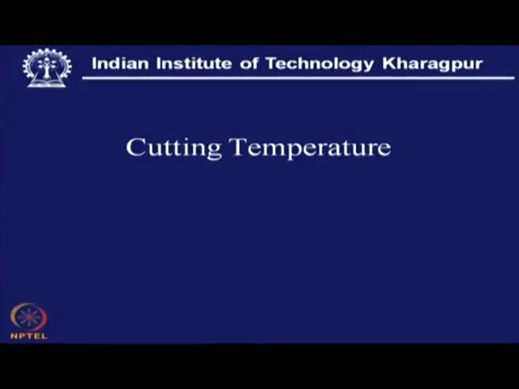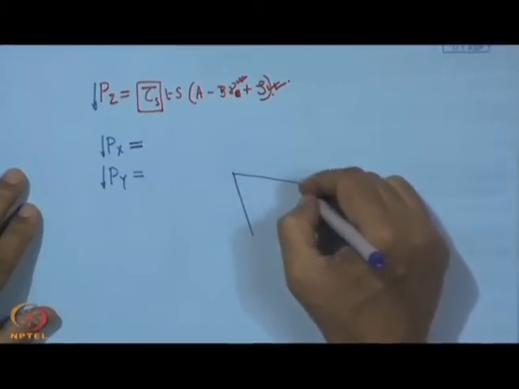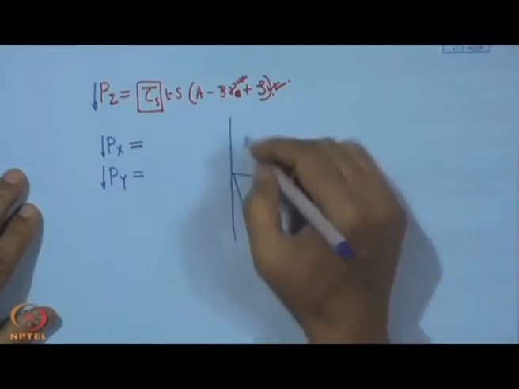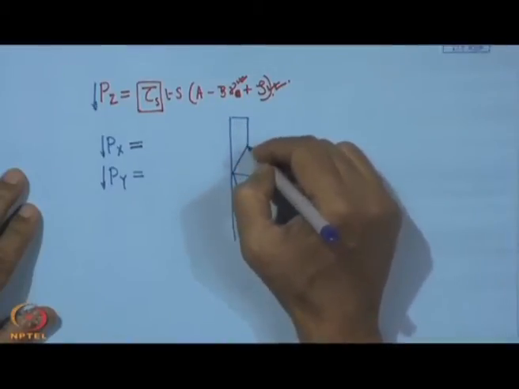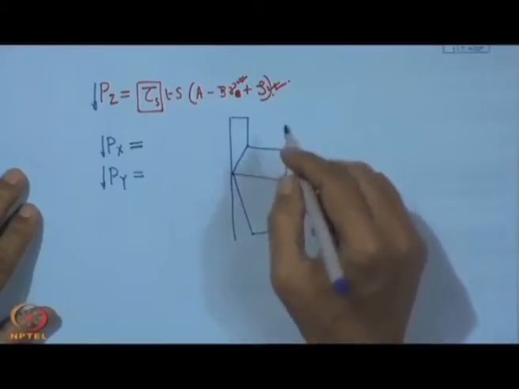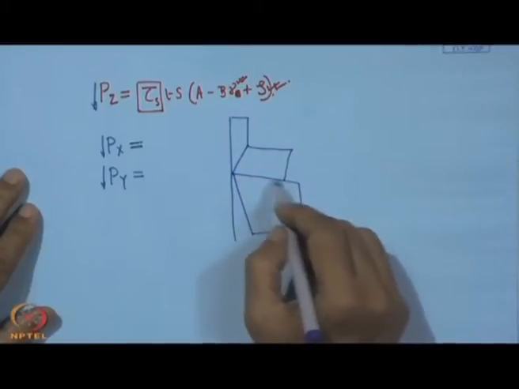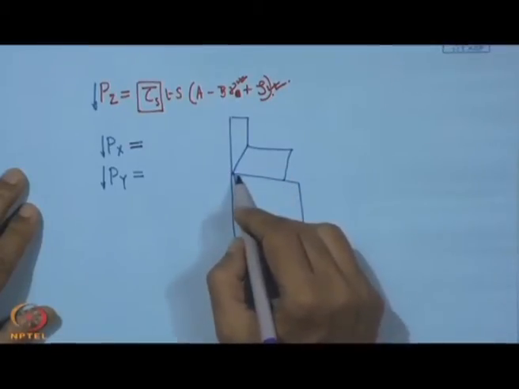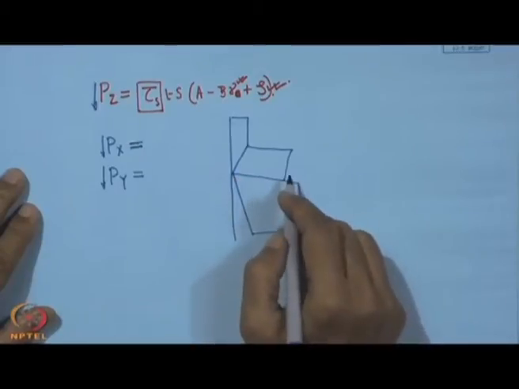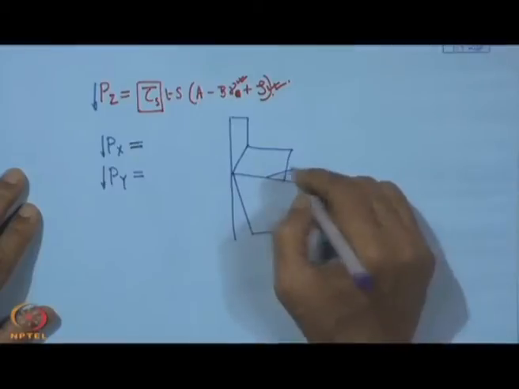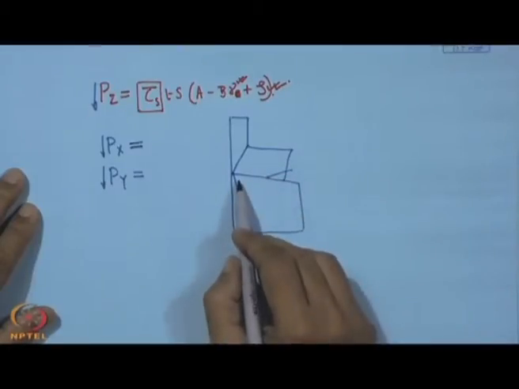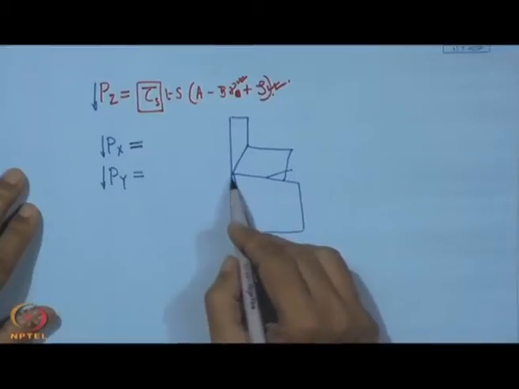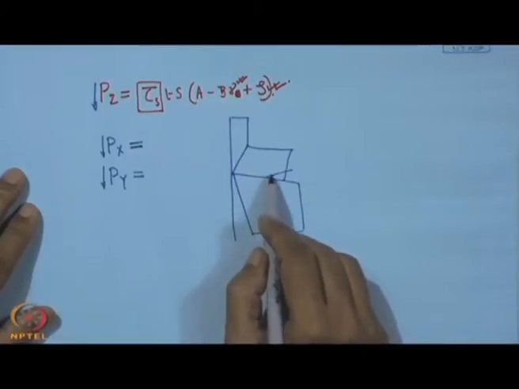Now comes cutting temperature. Cutting temperature means it is actually the temperature at the chip tool interface. So, this is going to be the chip tool interface. Here we have intimate contact and severe rubbing, and this is the zone we also call the zone of secondary deformation, but this becomes another source of temperature rise. So, if we would like to protect the face of the tool and the flank, particularly the face, then this temperature